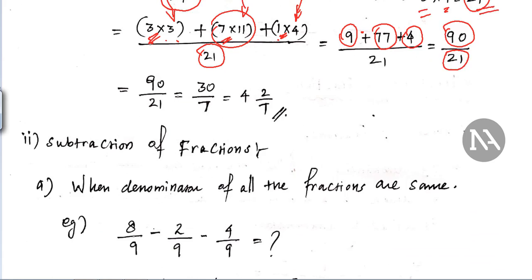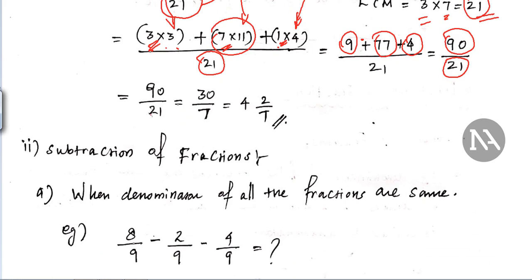Further, you can simplify. You can reduce 90 divided by 21 because both can be divided by 3. If you divide 21 by 3, this will give you 7. Then 90 divided by 3 will give you 30. So it is 30 divided by 7 that you can write. That is, the numerator and denominator I am going to divide by 3. Okay, so this is 30 divided by 7.